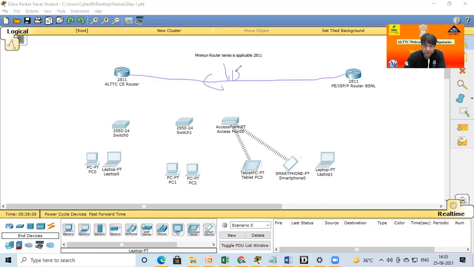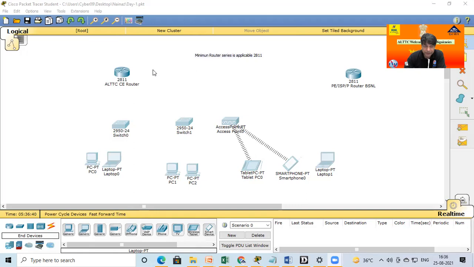This is around a 100 Mbps line in the case of L3C, and further in the local distribution, we take a LAN cable and with the help of the LAN cable distribute locally. And these are the switches, and these all are the Wi-Fi, and these are connected locally. So the first selection is already done. Hopefully you are also able to select devices and put them on your Packet Tracer.